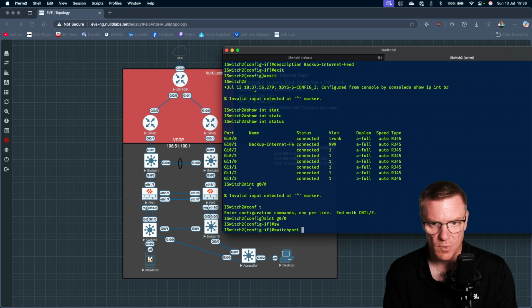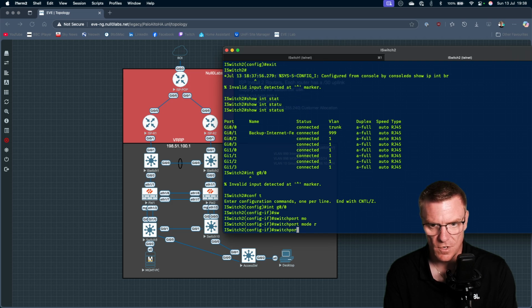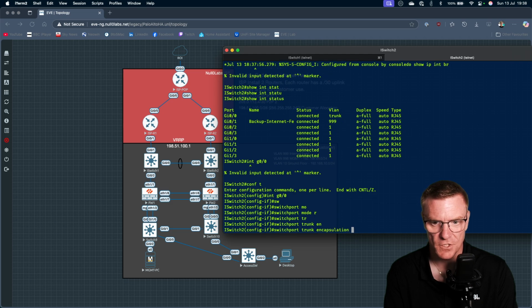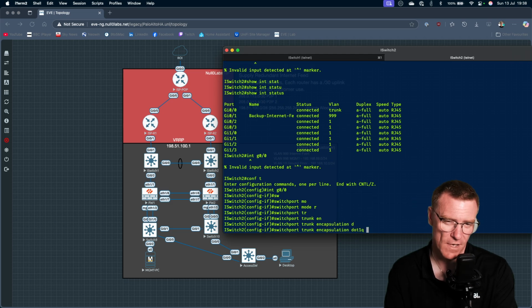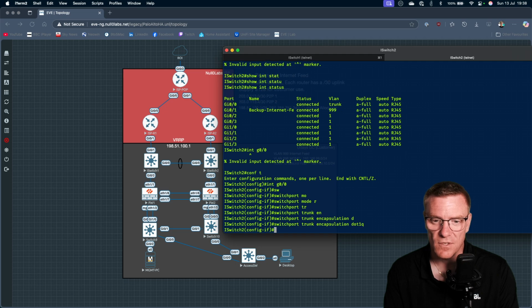G0/0, switchport mode trunk. No, switchport trunk encapsulation. On the higher end Cisco switches, you don't have to worry about this command. You can just literally go switchport mode trunk. You know, some of these older ones in IOS, you have to remember to set the encapsulation, because you could set other types like